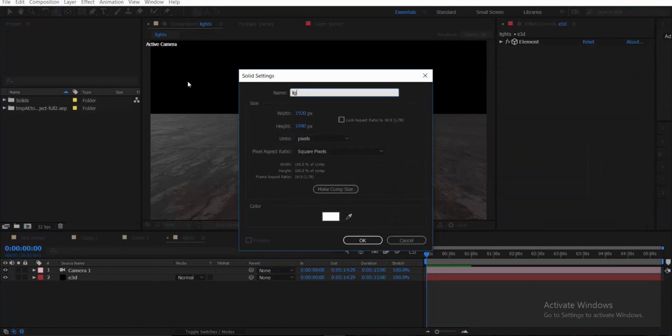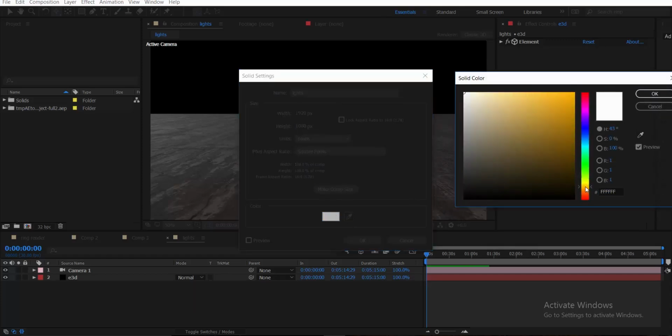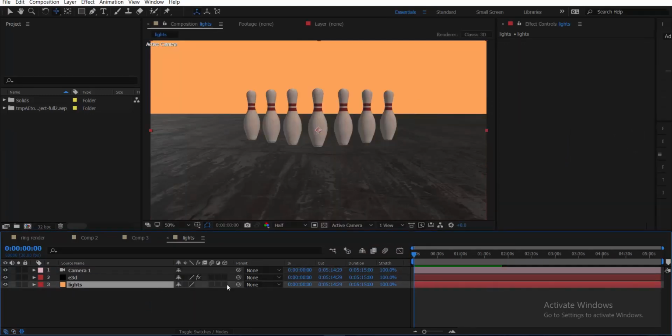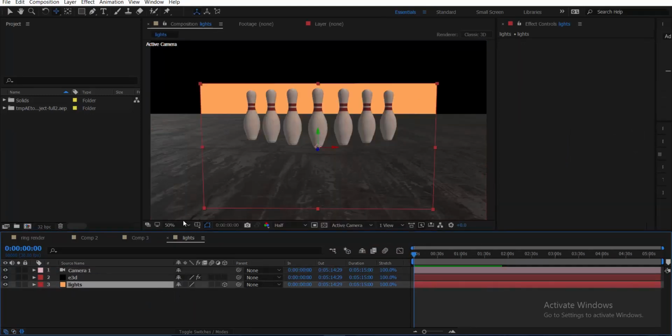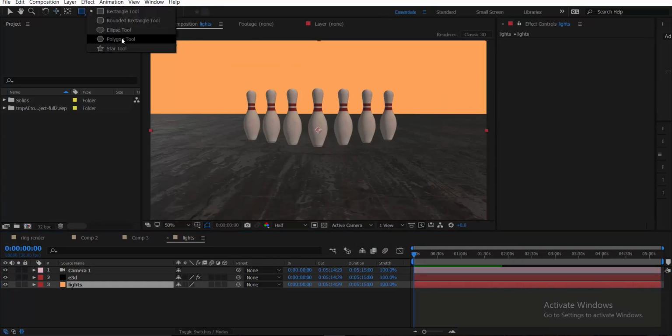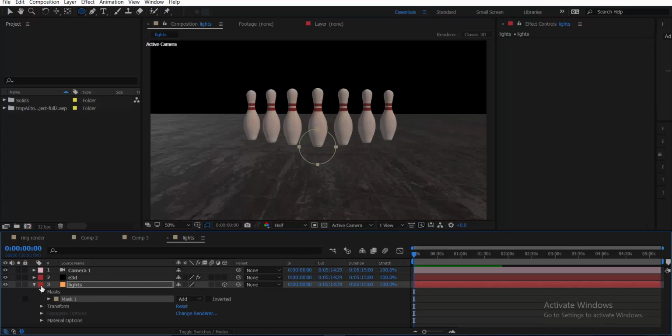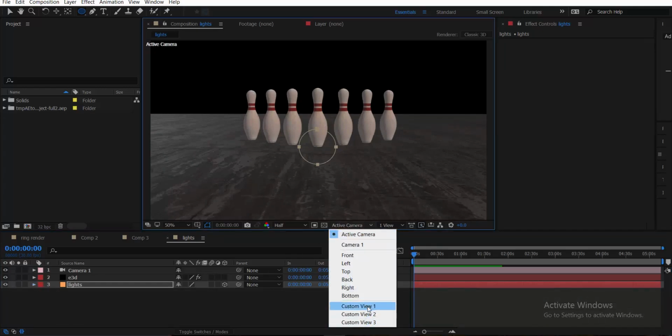So we'll just name it lights, and here we'll change the color a little bit warm. Make it 3D, but first create an ellipse tool and mask it, Control and Shift. Now make it a 3D layer and go to the custom view,